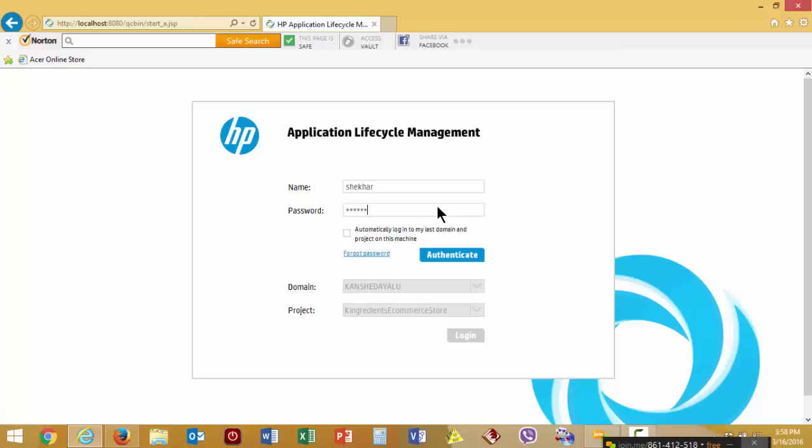Anytime I log into ALM or QC, I have to put the username and password. The next thing is a checkbox to automatically log in to my last domain and project on this machine. If I click on this checkbox, next time once I put the password, it will automatically log me into whatever last project I was working on. Right now I'm not doing that. So I click on authenticate. Right now these options are disabled. I cannot do anything. Once I click on authenticate,